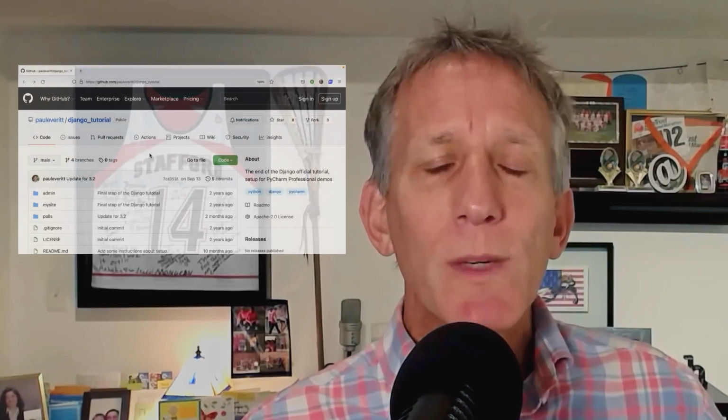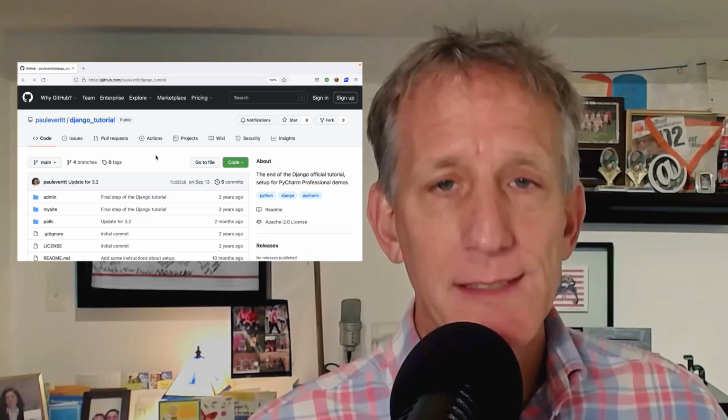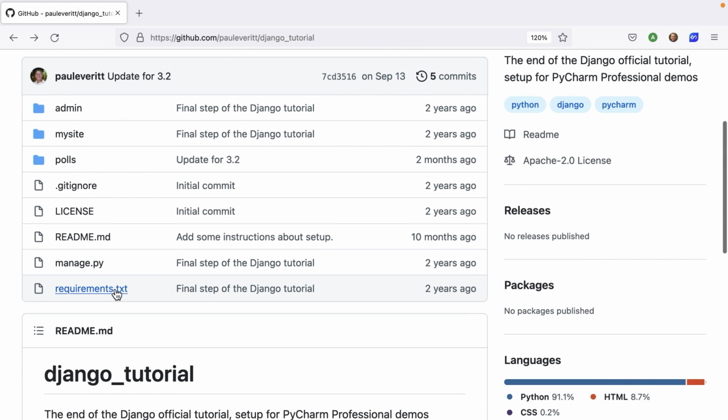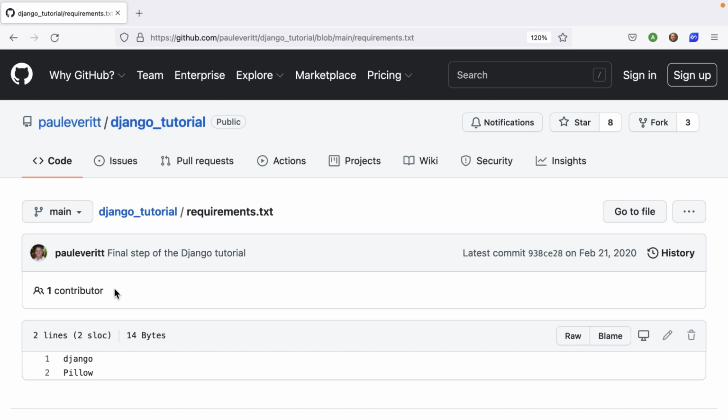Okay, enough about creating new projects. The second place you can configure an interpreter is when you clone a project from VCS. I have a Django project in my GitHub. It's a repository that has a requirements.txt file with the 2 Python packages that need to be installed to make